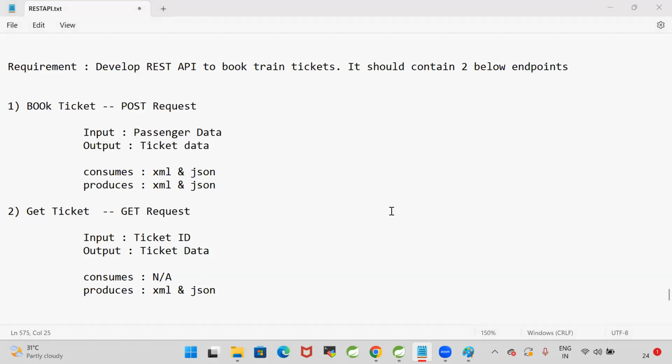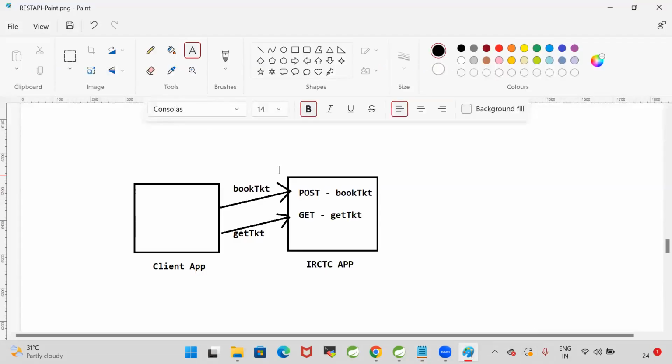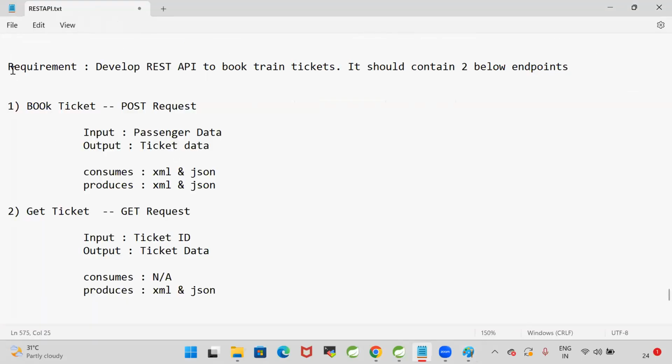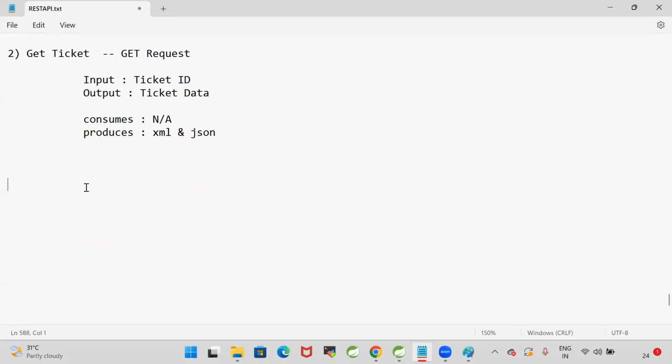Can we start the development of this REST API now? If I develop this REST API, then our application will become a provider application. Any client can access our application. Are you able to understand this? Now, guys, when we are going to develop a REST API, the very first thing that we need to do,